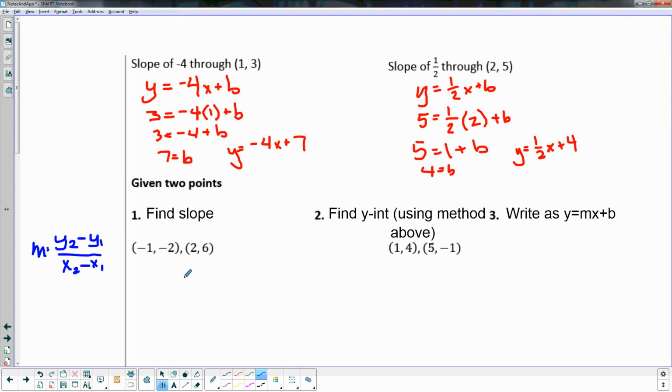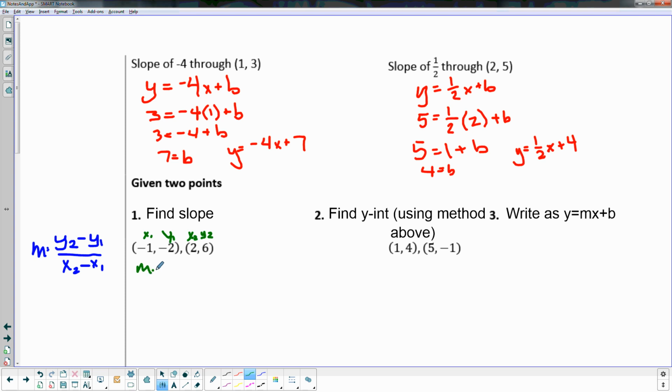So there's a little bit more. Again, this is an algebraic method to find your slope-intercept form. And there's a little bit more work to do here because we have to start off with this nasty formula to find slope and then do all the steps that I just did before. So for the first one here, I want to find my slope. Actually, let me switch colors again. Let's go green. Let's go x1, y1, x2, y2,